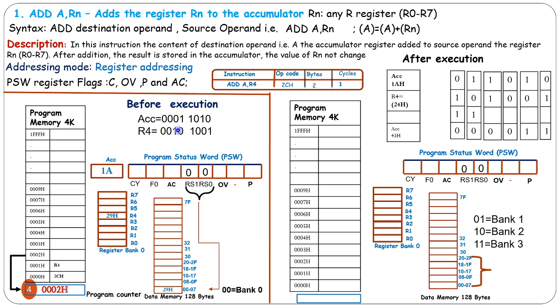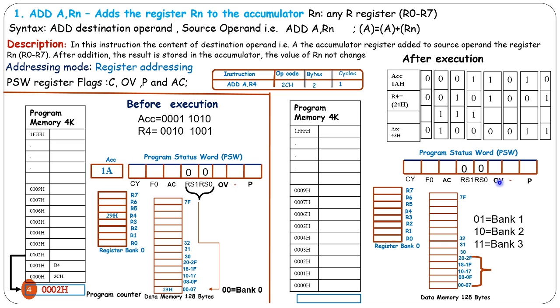Now the next bit: 0 plus 1, and again the carry is added, so sum will be 0 and carry becomes 1. Now we have 0 plus 0 and this carry, so 0 plus 1 is 1, sum will be 1, carry will be 0. Next one is 0 plus 0, 0. So what answer do you get? The answer is 0100, that is 4, and the remaining 0011. So this 4 and this 3, that is 43H, is the content of the accumulator after execution.